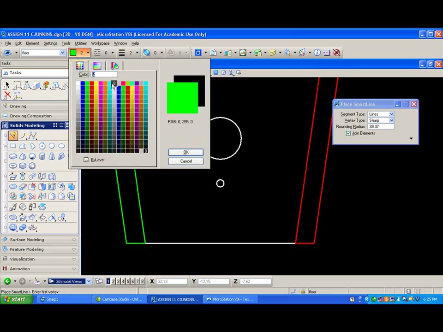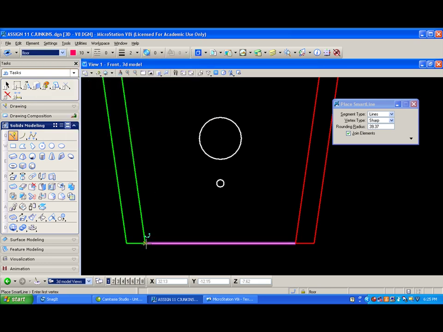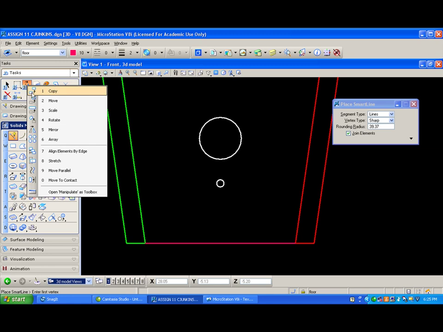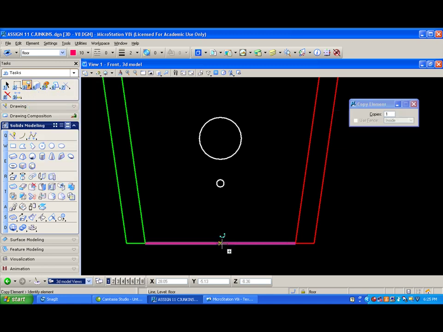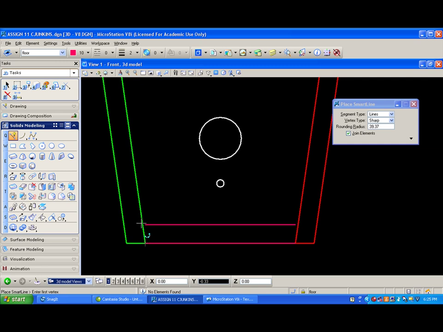I'll draw this in this red color. I'm just going to draw just a straight line. I'm going to copy that line straight up 5/8, 5/8 of an inch. I'm going to draw,